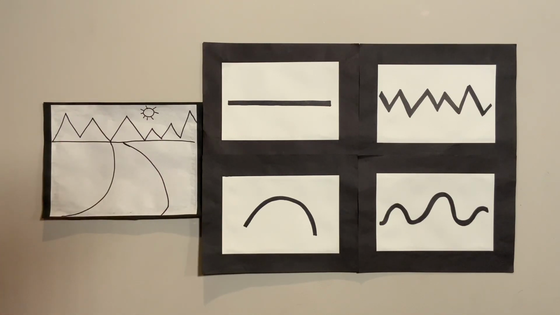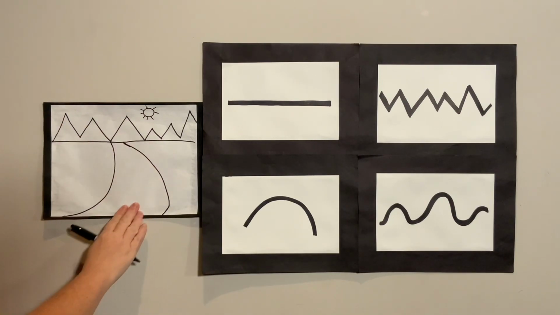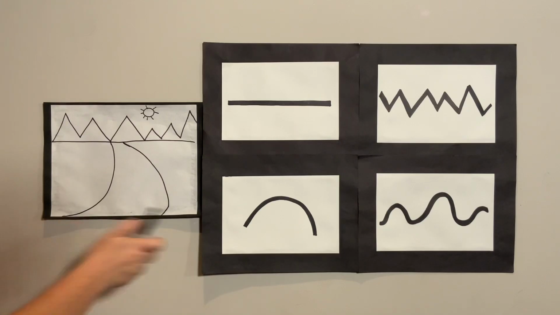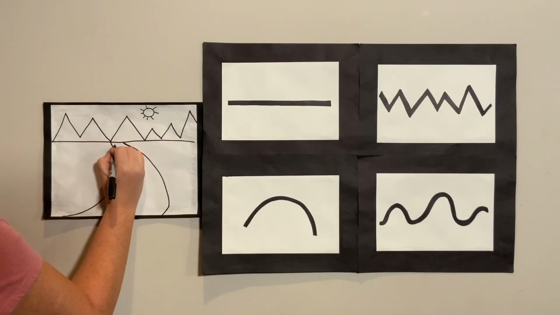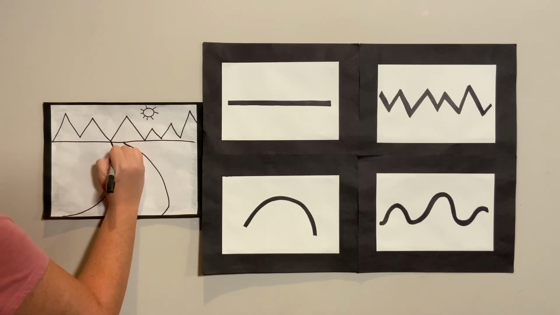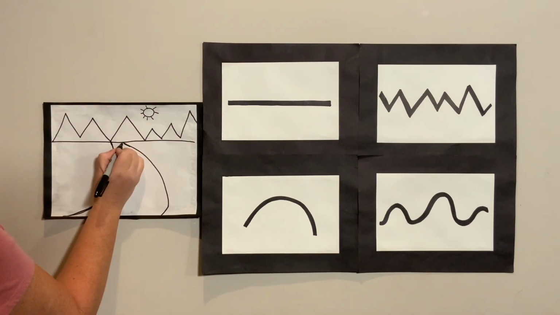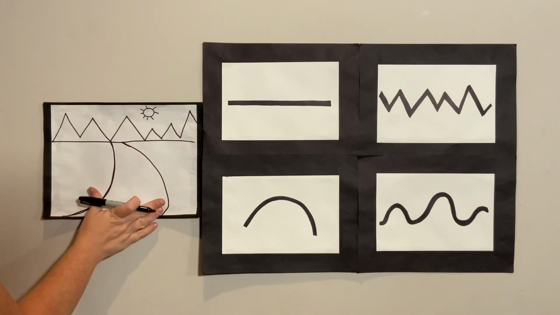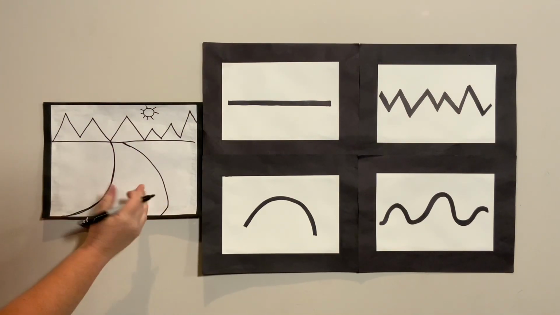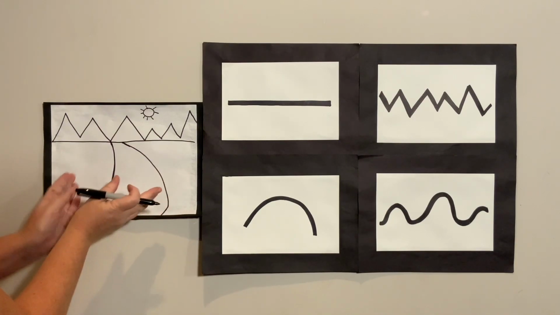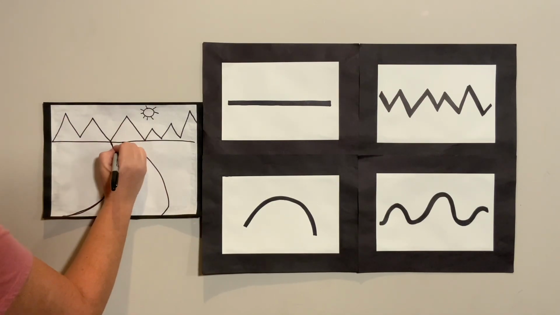How do we show a running river? How do we show water moving? Was anybody thinking of drawing some wavy lines? Let's draw some wavy lines. Now, here's a little trick. I'm just going to go back over my lines. Whenever you're making a landscape, everything in the front is bigger to show that it's really close, and everything in the back you can draw smaller. So we're going to make some